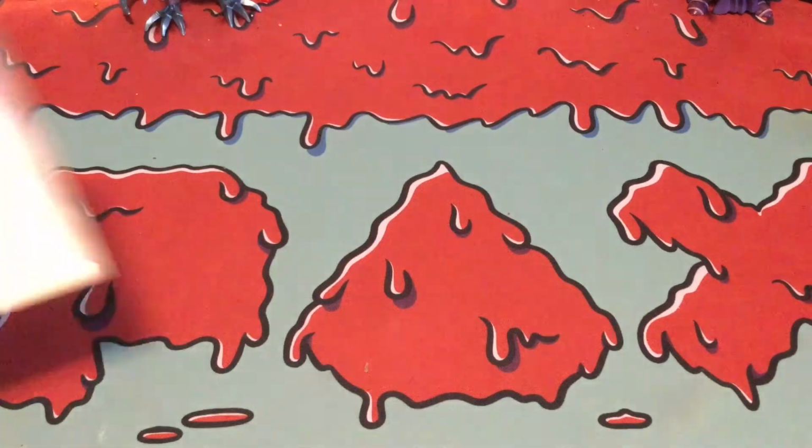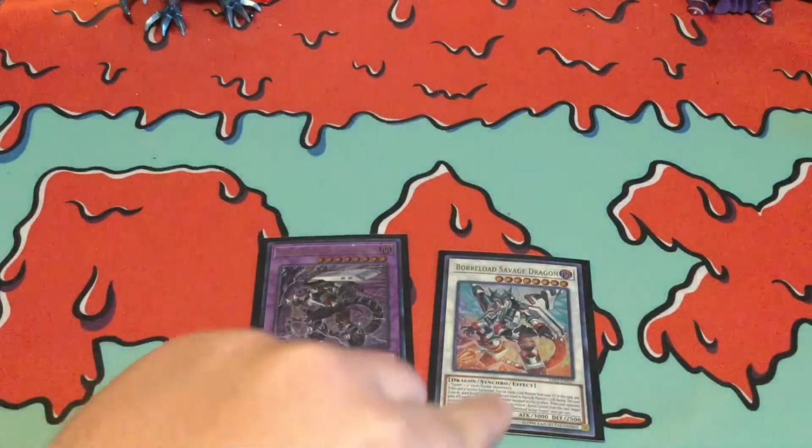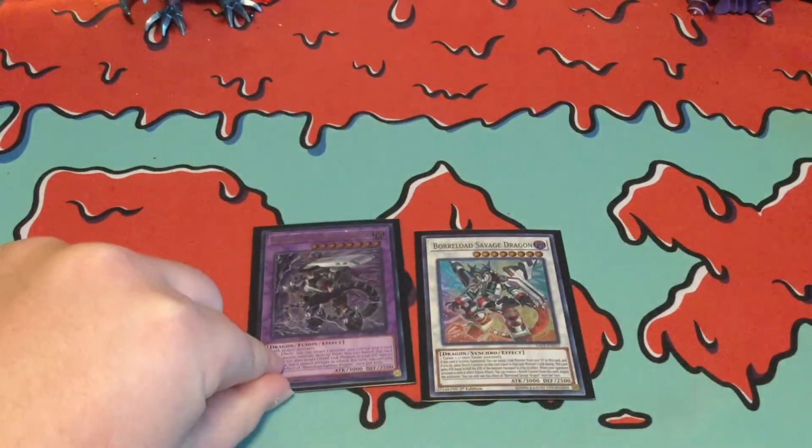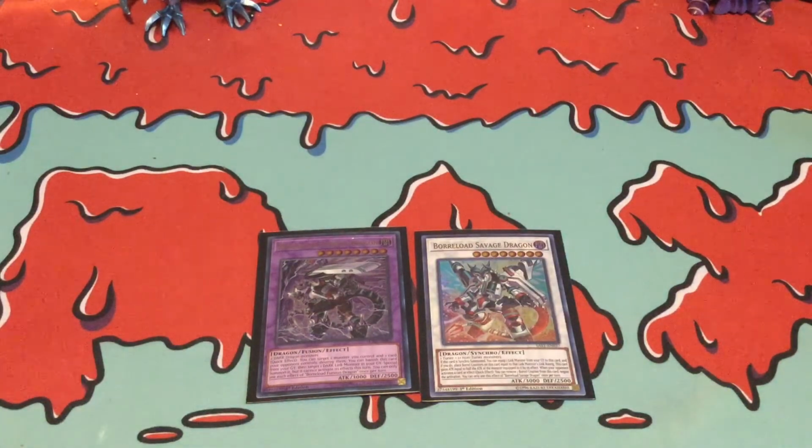Onto the extra deck, I'm running 1 Borrelload Furious Dragon and 1 Borrelload Savage Dragon. Furious Dragon is your Borrelload fusion monster. Basically, this card can target one of the monsters that you control, and one of the cards they have. Basically, destroy them. This card can destroy itself if you want, which is very useful